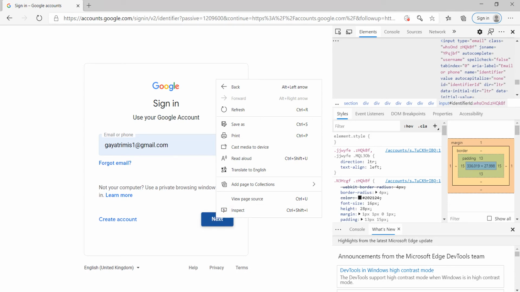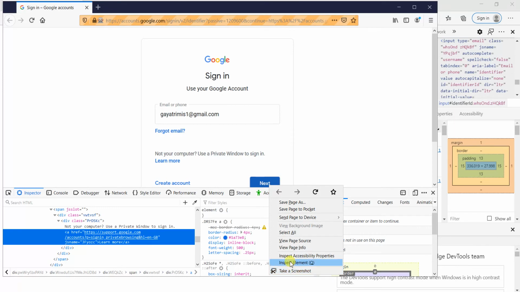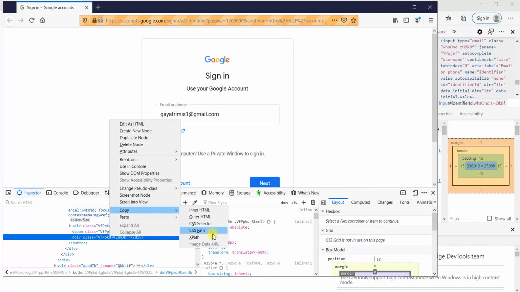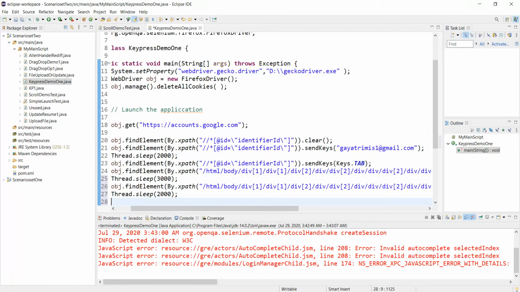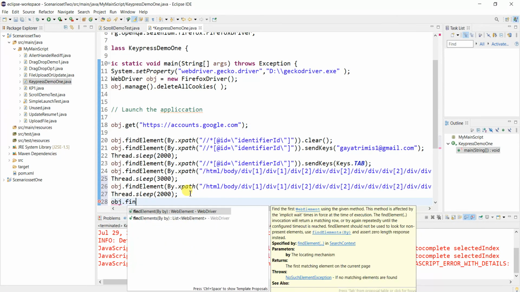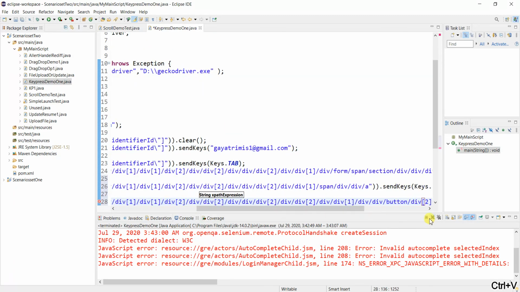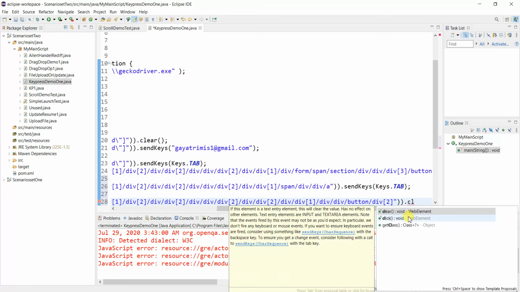Let's go for inspecting the next button, and I need to take an XPath for this. Fine. Now let's go back. Now the button XPath I provided over here, then here we need to click.